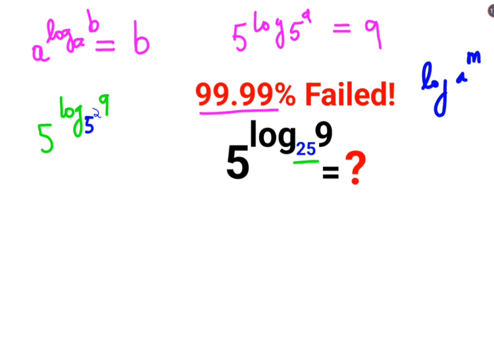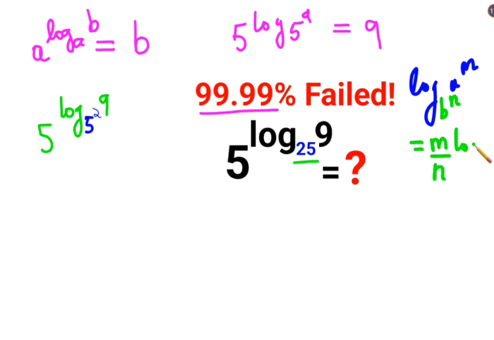Now what happens over here is, see, log of a raised to m, and if this was with a base, let me write it again. So if we had something like log of a raised to m to the base b raised to n, this can be written as nothing but m upon n, meaning the indices can be taken out and the denominator's index will become the denominator in the fraction which comes ahead.